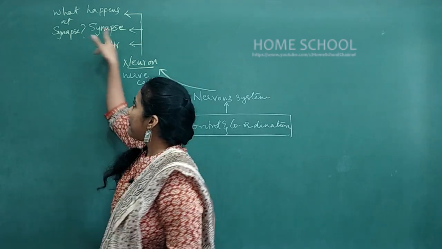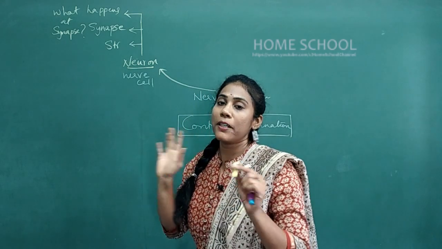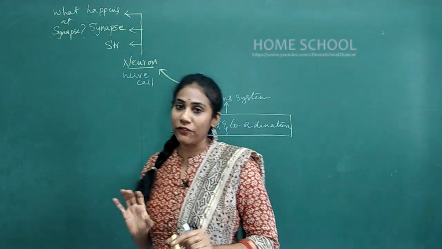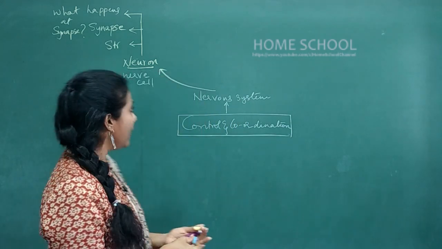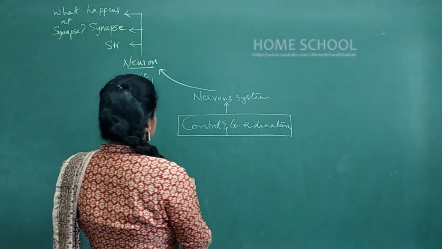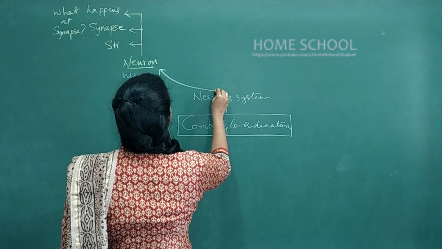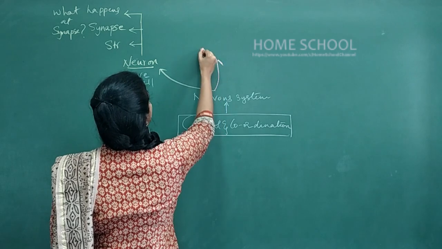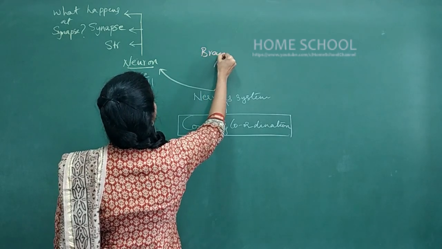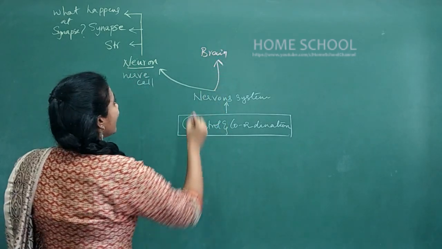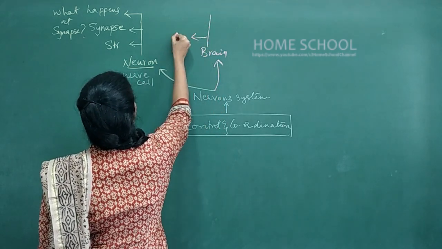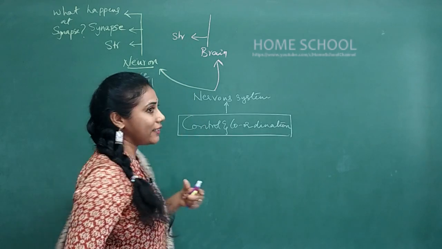What happens at a synapse is one more important question. So this is all about the neuron that you have to remember. And coming to the next topic that you have to read in the nervous system, it is about the brain. The moment you talk about a brain, here again the structure of the brain, there is